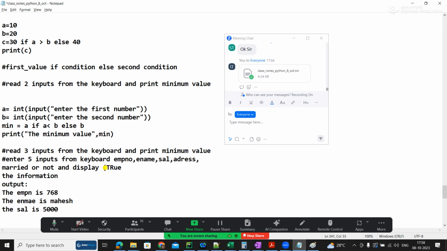I want to highlight this: give false. You can give true also, but give false and see what will happen. Like input, enter whether the person is married or not. Once you give true or false, what will happen? For which data type you give true or false, you can try and check all those things.